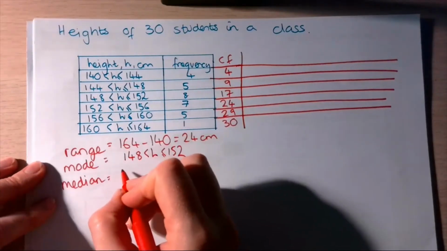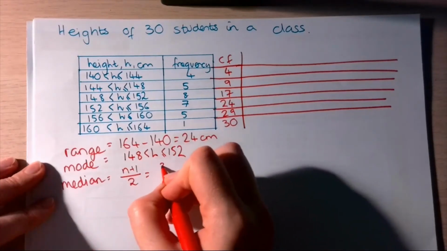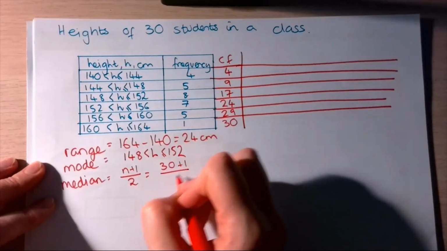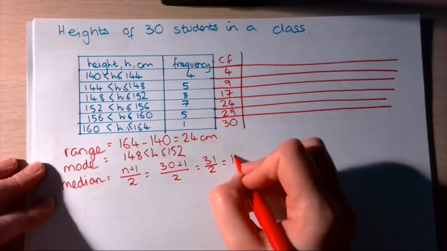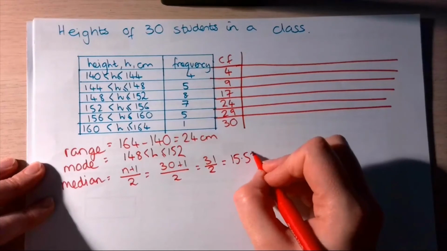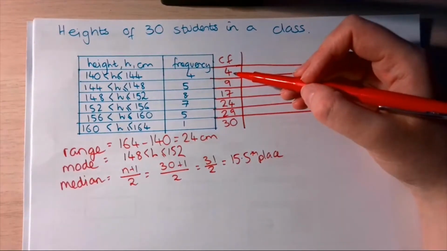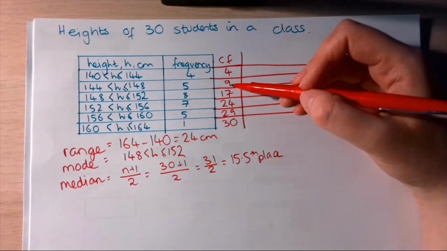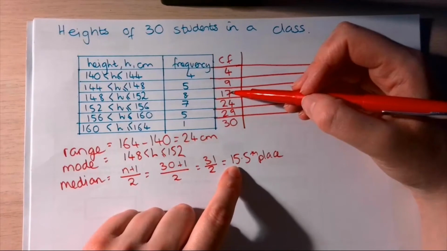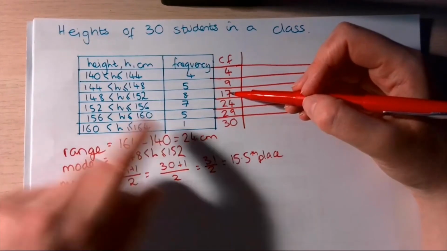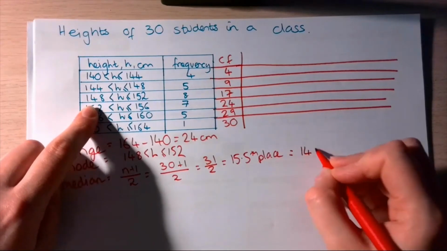Okay then, so we've got n plus 1 over 2, which is 30 plus 1 over 2, 31 over 2, which is 15.5th place. Okay, so we're all the way up to 4 here, all the way up to 9 here, all the way up to 17 here, and that covers 15. Okay, 15.5. So it's this class here, and it's 148